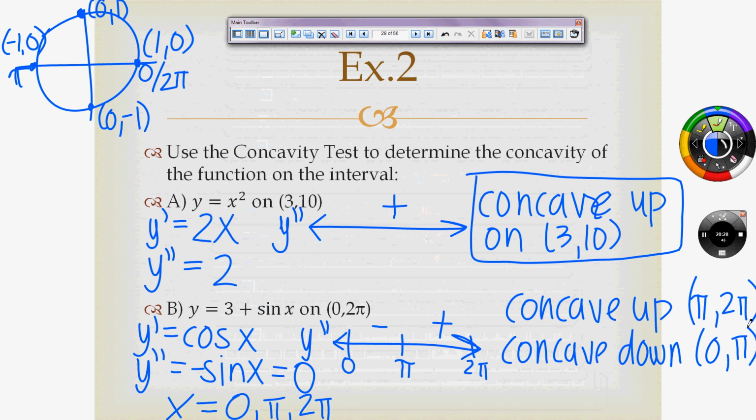I was just wondering why we use graph. In the definition of the concavity test a couple slides ago, it said it's only for the open interval, so you know you'll always use the